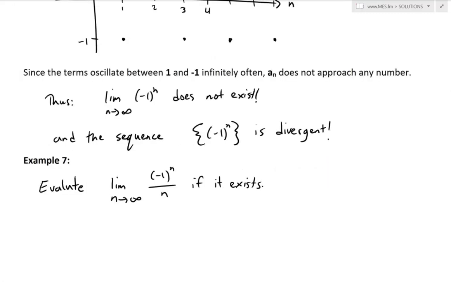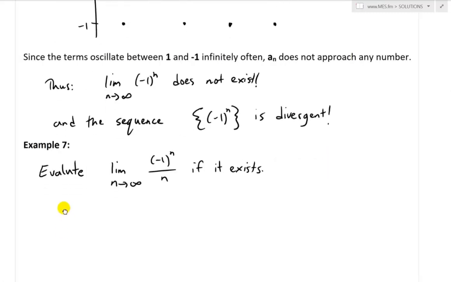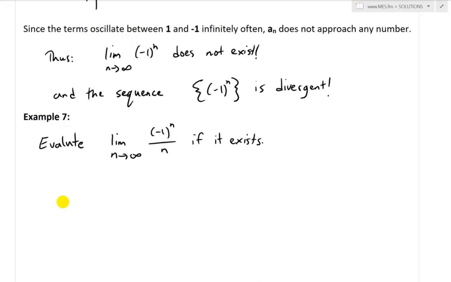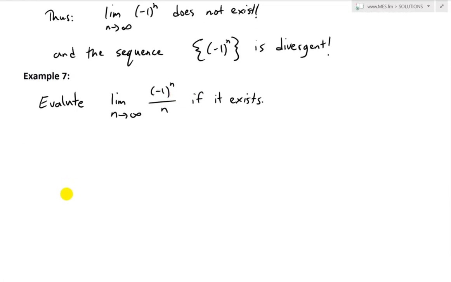Alright, so now let's look at another example. That's example 7, right here. It states: evaluate the limit as n approaches infinity of negative 1 to the power of n, divided by n, if it exists. Remember, this is alternating between negative and positive. But what we should note is what happens when we take the limit of the absolute value of